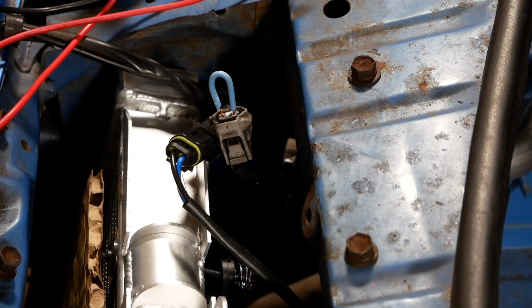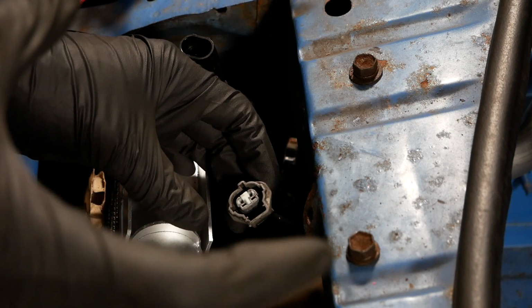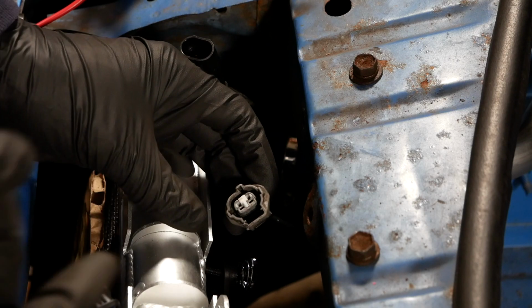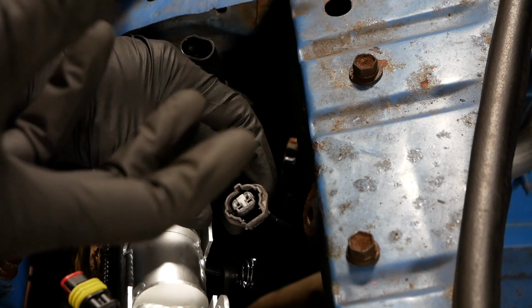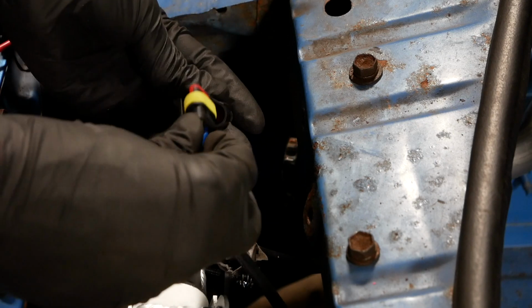Still hear no fan. Turns out I had it a little bit backwards. This sensor is actually only open when it doesn't want the fan to run, so that way if there's a break in the wire or the sensor fails, the fan will run. So now I've taken my bridge out of the sensor. If we reconnect this,